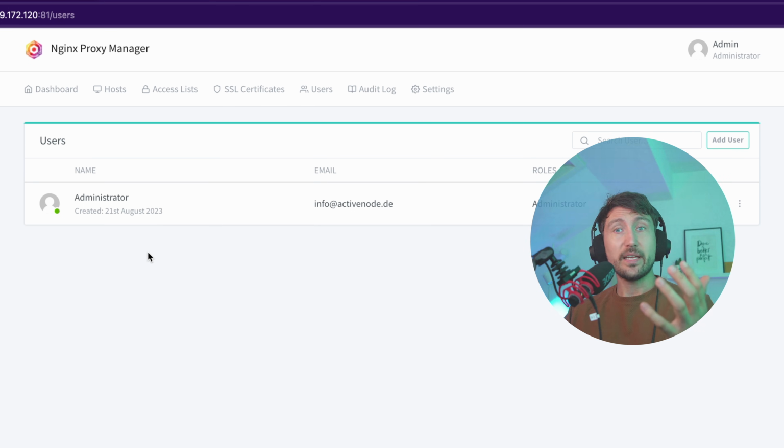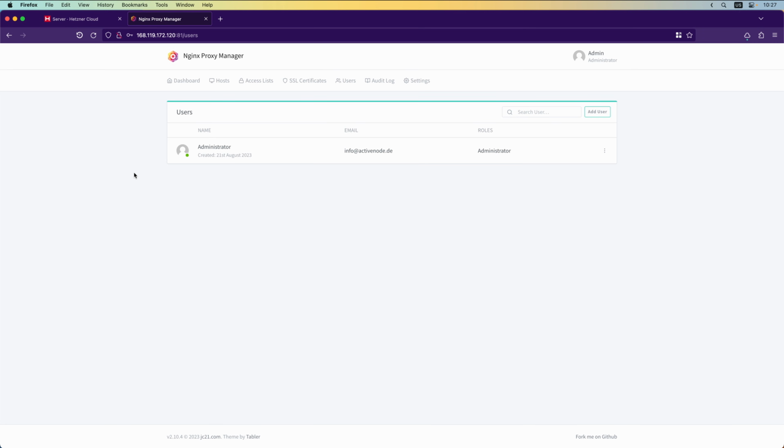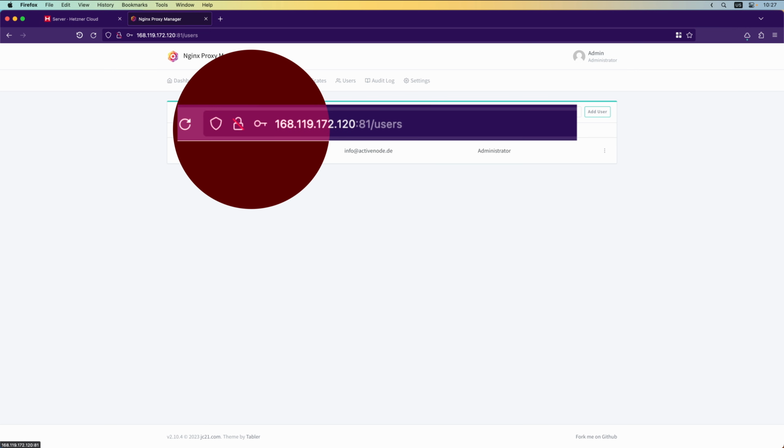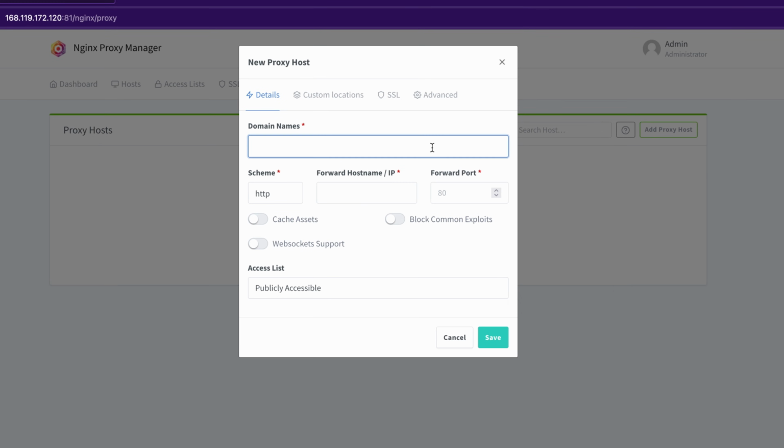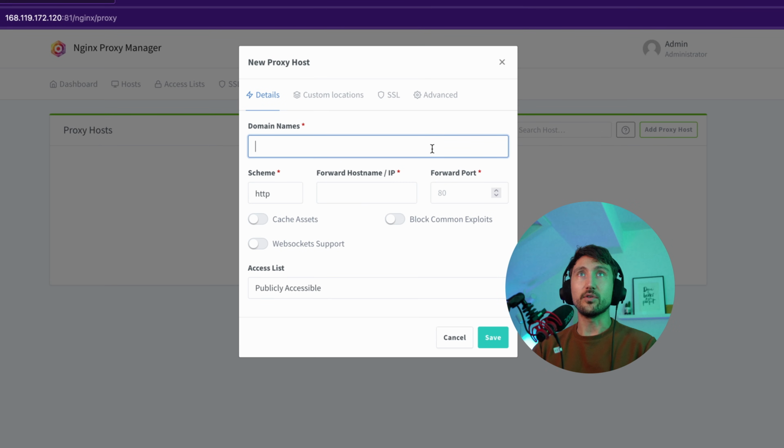Because right now you cannot access it, because it's hidden away in the Docker network, which is good. Before we do anything else, you want to get rid of how we currently access that proxy manager, because that's unprotected. So if you had a so-called man-in-the-middle attack, someone could steal your password, and that's what we don't want. So go to proxy hosts, add proxy host, then use whatever domain you have and map it to that